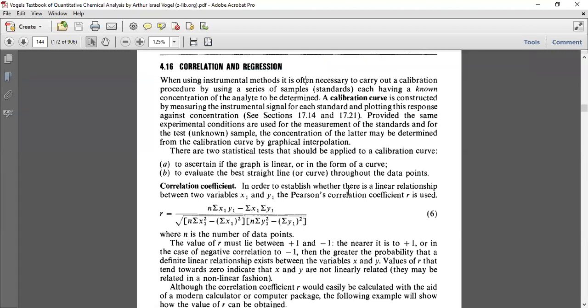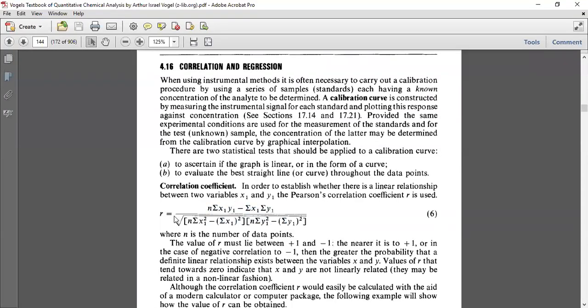The equation of a straight line is y is equal to mx plus c. So to check whether our line is straight or not, that is called linear regression. And to check whether our points are linear or not, that is called the correlation coefficient. For that, we should know the R value formula.